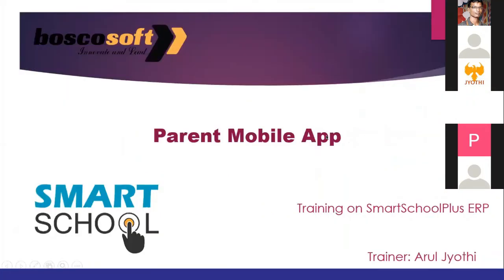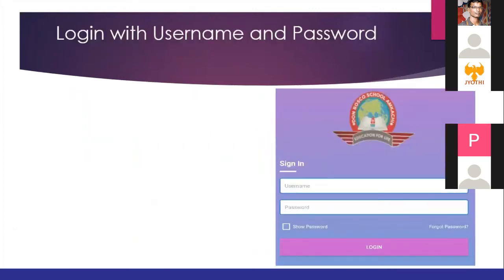So the second app, I told you already, those who are using smart school know we have two apps. The first one is principal, the second one is parent. The principal app, I explained what features we have, where we can add data, where we can view, and what rights we have in the mobile app. All I explained. Now the second one is the parent mobile app. So this is the parent mobile app login.